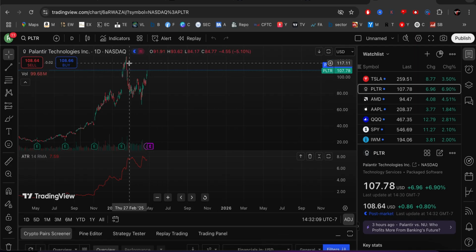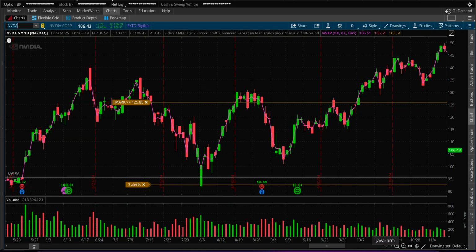Where is that Palantir? So essentially from 125 when it flushed down to like 95 in a matter of like 2-3 trading session, and I was comparing it to NVIDIA right at these levels, and then OPEX to OPEX, NVIDIA does nothing. OPEX to OPEX, NVIDIA pretty much does nothing again. But I'm saying that essentially now Palantir is repeating the same pattern of NVIDIA back in 2024, where it has